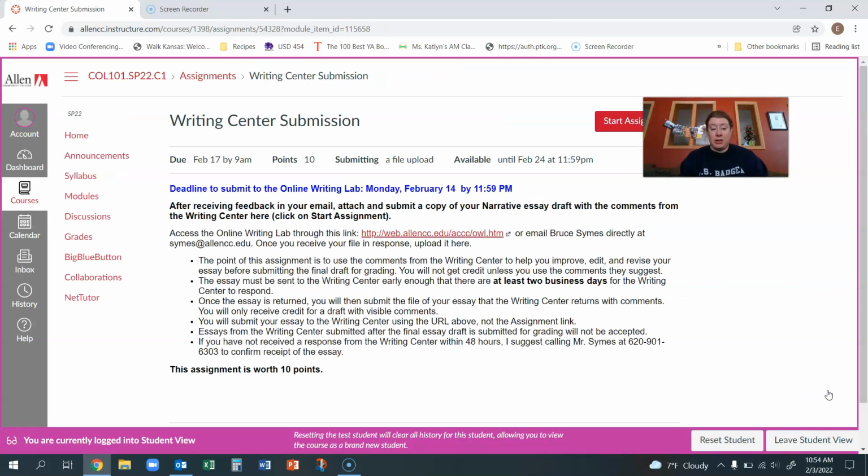So we're doing three things in this unit. You are submitting your essay to the Writing Center. You are going to do a peer edit with this essay, and then you're going to turn in the essay itself. Submitting it to the Writing Center means that you will be sending it into the online writing lab to get feedback. We do not have an in-person tutor this semester, and so the only option is to use the online writing lab. There's a form that you'll fill out and you'll submit your essay. Now, you do not need to do this right now.